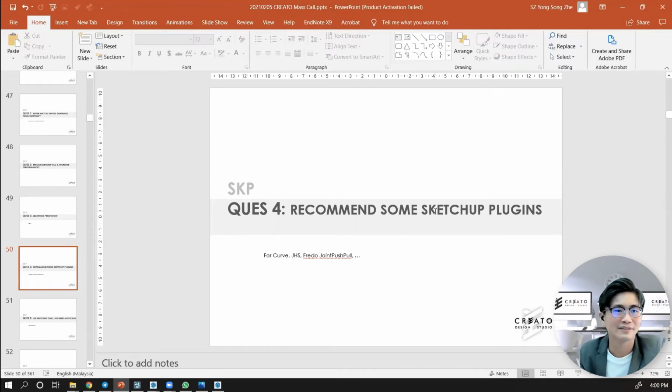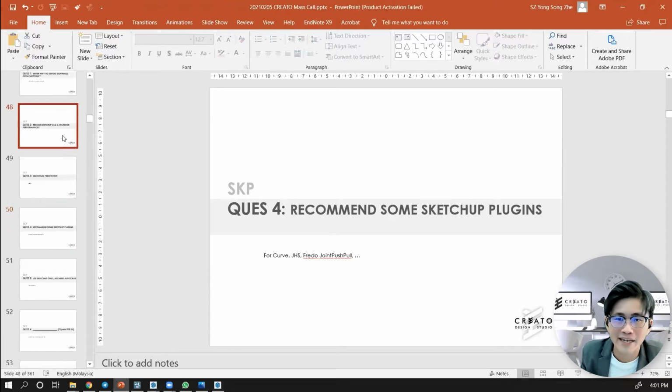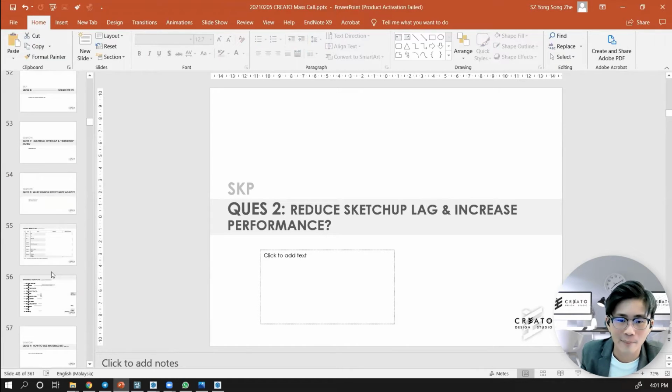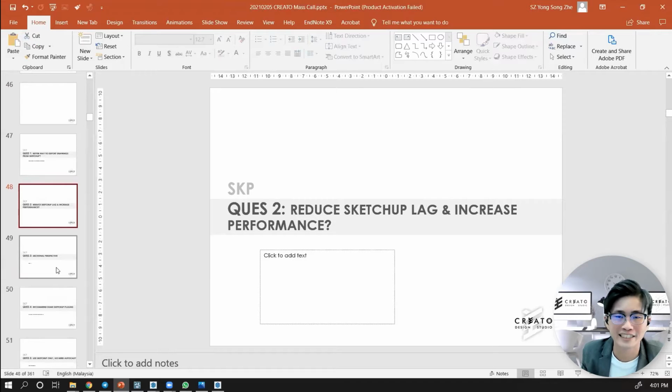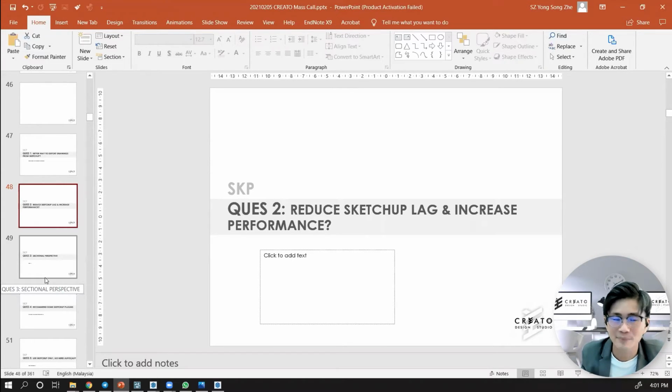Okay, plugins, yes, brilliant, 1001, but too many people know that already, so I'm not going to share it. Okay, I'm going to share a few. In the class, we make a thorough study about plugins with the students. If you joined our SketchUp lesson before, you know we show them the plugins suitable for curves, for organic forms, organic shapes, for topography, landscape. But here now I pick a few for you, an overview.